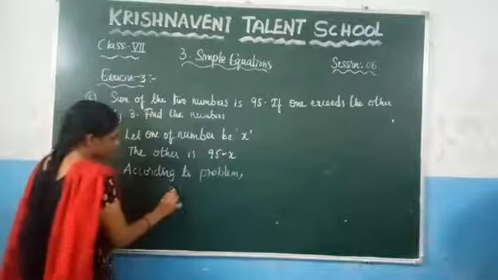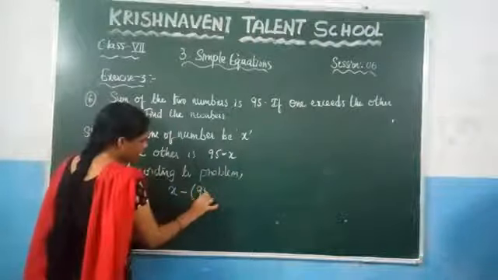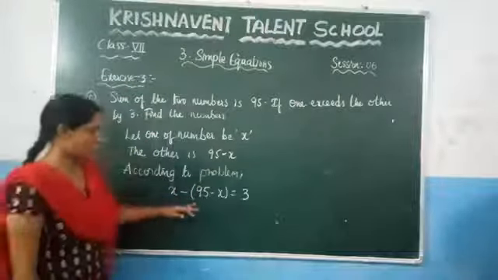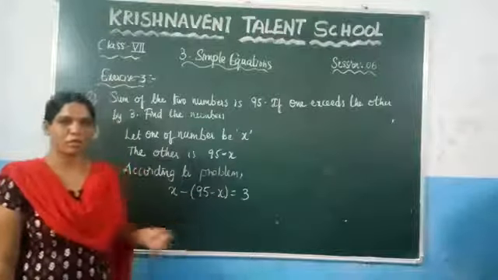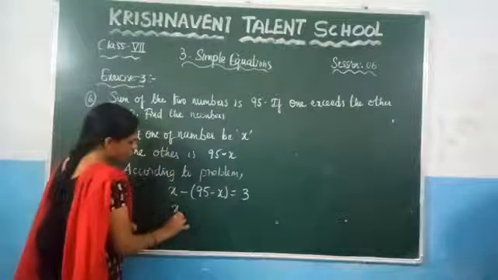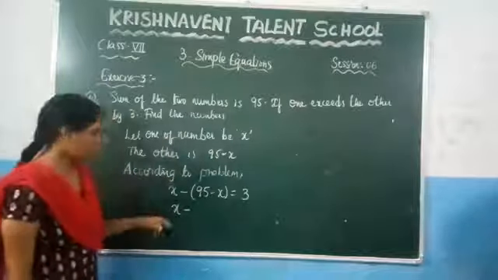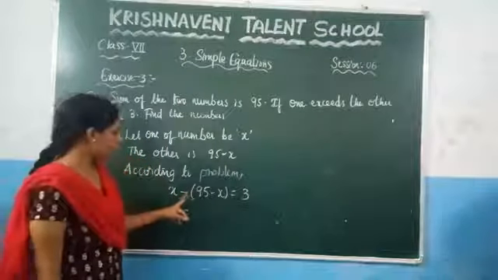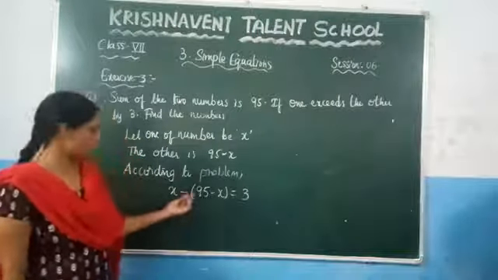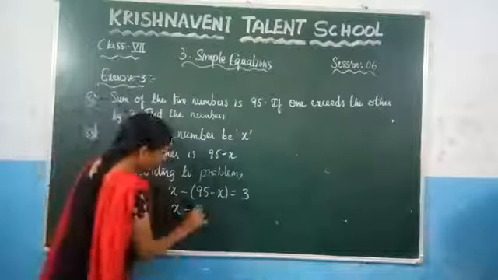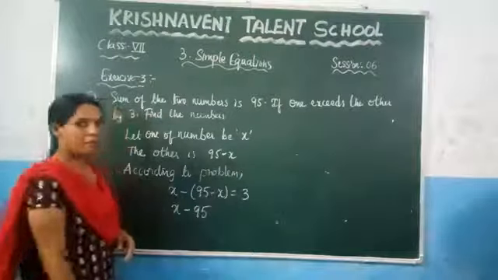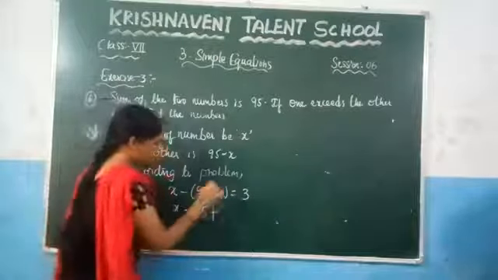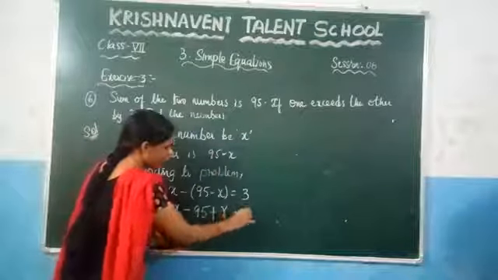If you subtract x from 95 minus x, you have to get the result as 3. Based on this equation, now we are going to find the value of x. So here, minus x, what we need to do? We need to multiply this minus to both of these numbers. So multiply it, minus 95. Minus of 95 is nothing but minus 95. Write it here, minus 95. And what is minus into minus? Which is plus. So write it here plus x is equal to 3.